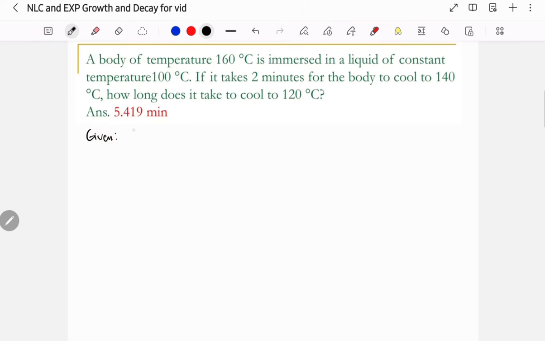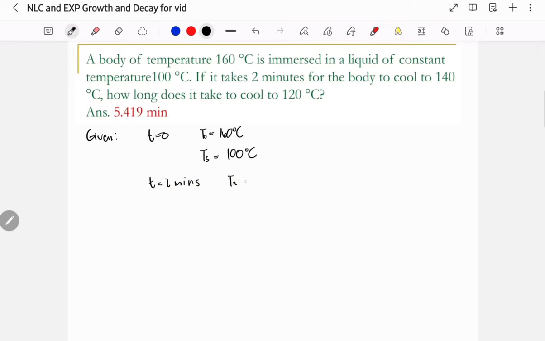160°C is the initial temperature of the object, so that is when the time is equal to 0. The constant temperature 100°C is the surrounding temperature. T sub S is constant, so 100°C is the surrounding temperature. If it takes 2 minutes for the body to cool to 140°C, after 2 minutes,